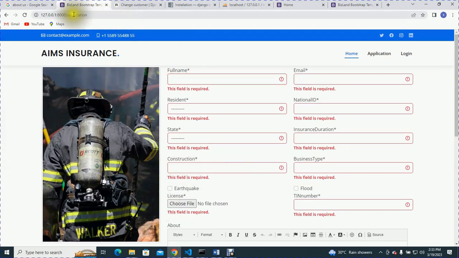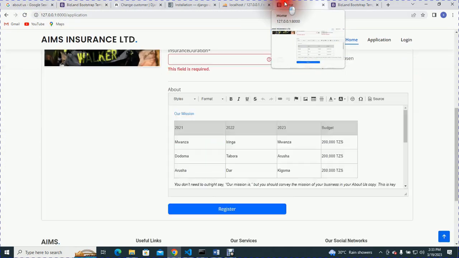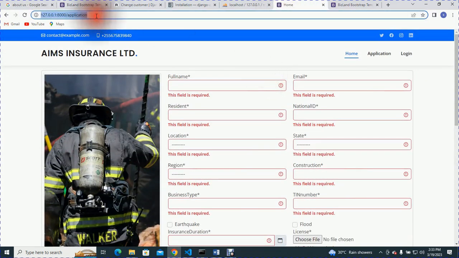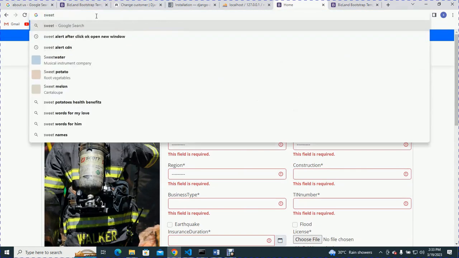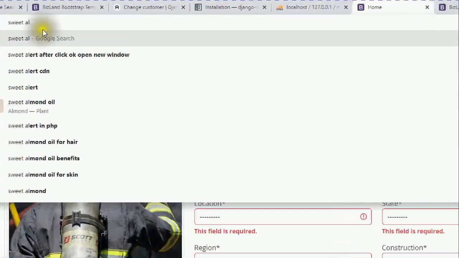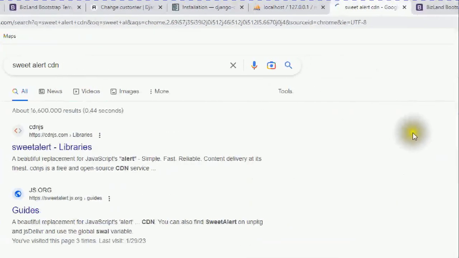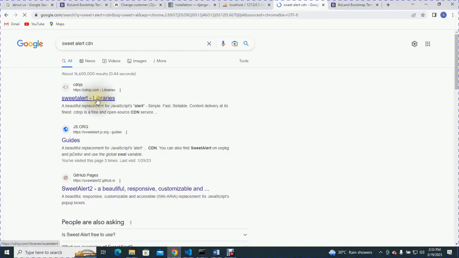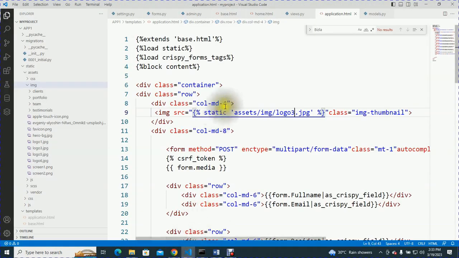Okay, so now tutakuja Google, for example hapo ndo Google. Okay, so tutakuja Google, tutaandika sweet alert, okay, sweet alert, then choose sweet alert CDN, okay, then click first link, sweet alert library, open source kwa ajili ya material dialog, okay, so sweet alert. Okay, so tunakuja hapa